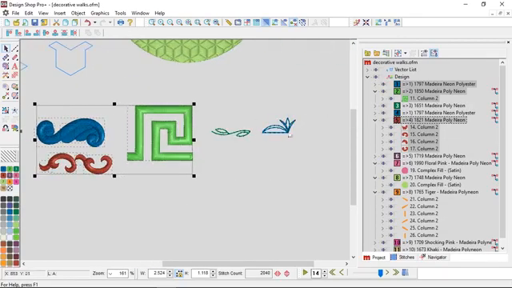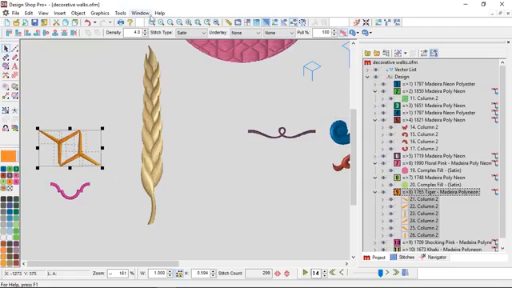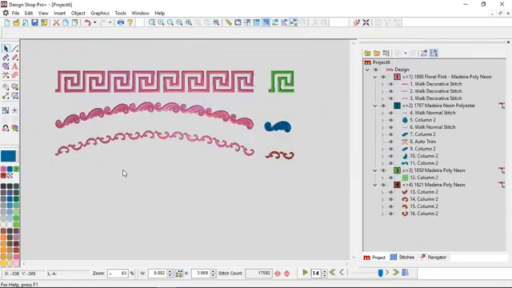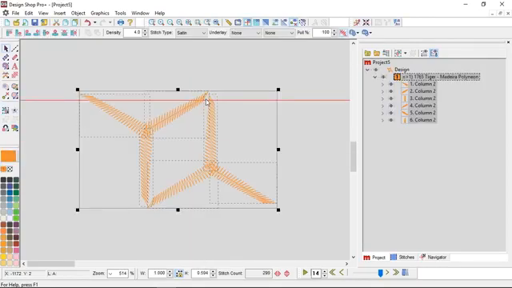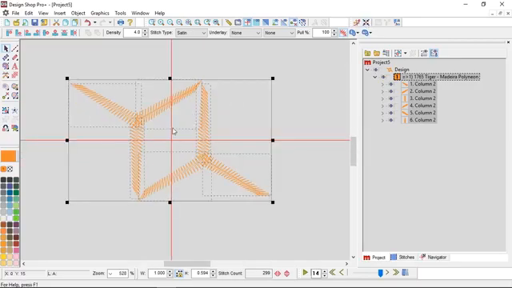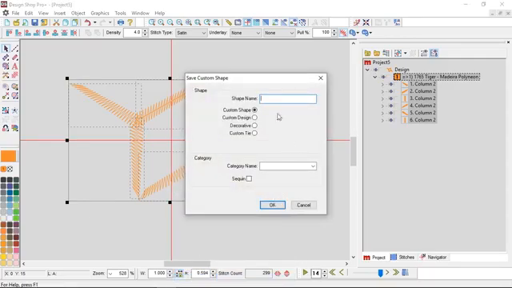You could also do it with walk stitches. We've got little elements here. And then I think this one's pretty fun. So let's do this again, and I'll show you why I did it. So I'm going to delete that. I'm going to put this in here. I'm going to center it just because I want to be sure I know what I'm doing. Right click, save custom shape, and I'm going to save it as a decorative. I'm going to save this as cube,